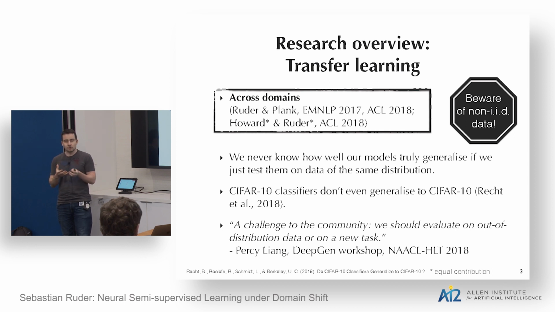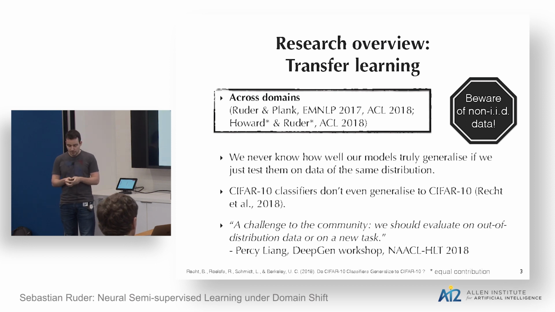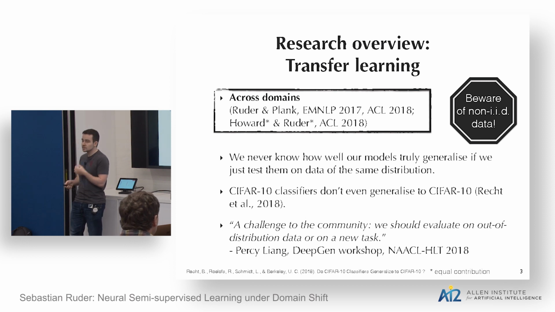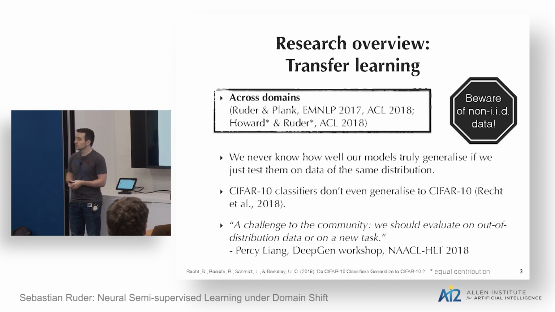which is that in general for machine learning, we really assume that the data we're dealing with is independent and identically distributed. But as we try to apply our models to a more diverse set of tasks or to real world applications, we realize that they often deteriorate in performance. And so one thing that I want to emphasize throughout the talk is that if we just measure the performance of our models on data of the same distribution, we never can actually be really sure how well